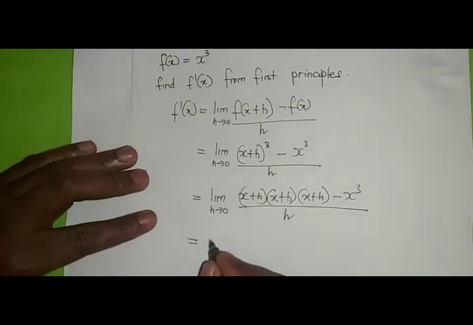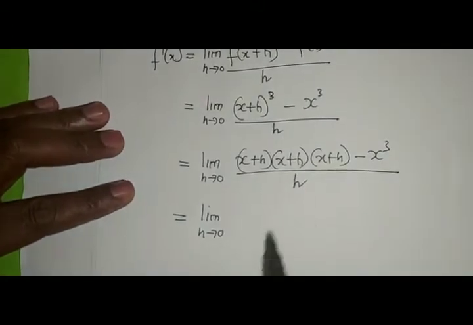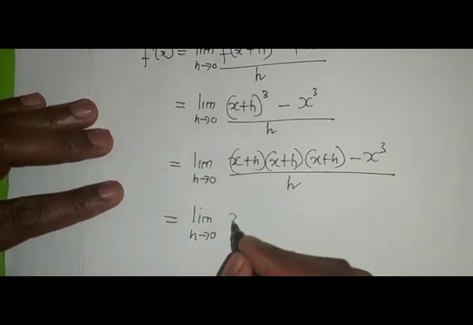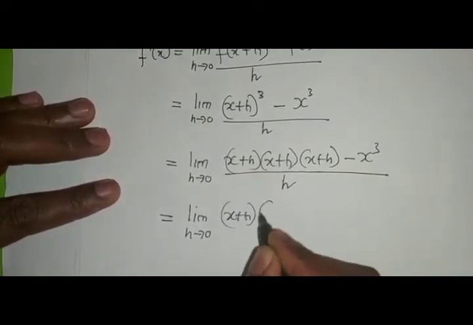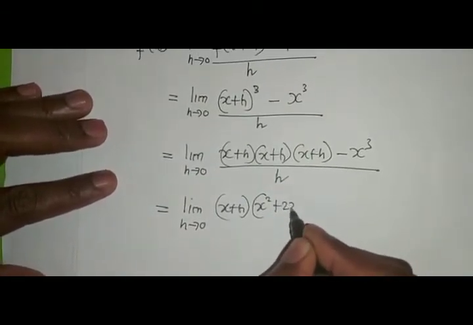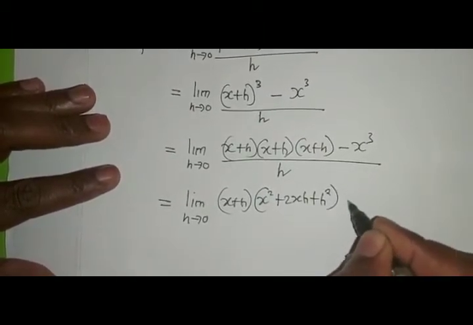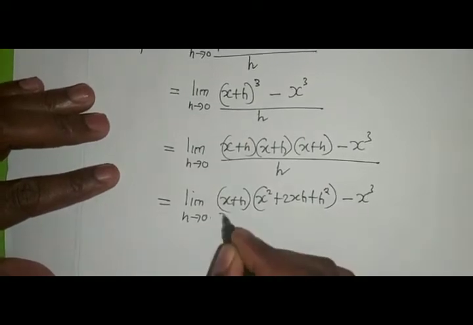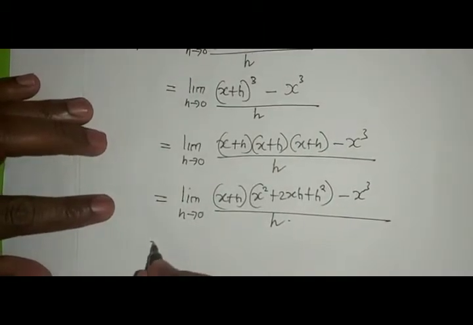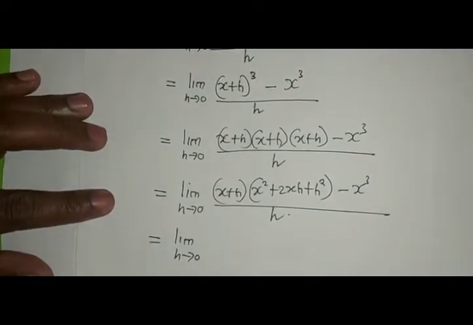which is also equal to the limit as h approaches 0 of, expanding these last two, it will be x plus h into, expanding this, it gives us x squared plus 2xh plus h squared, minus x cubed, all over h, which is exactly equal to the limit as h approaches 0 of, now we